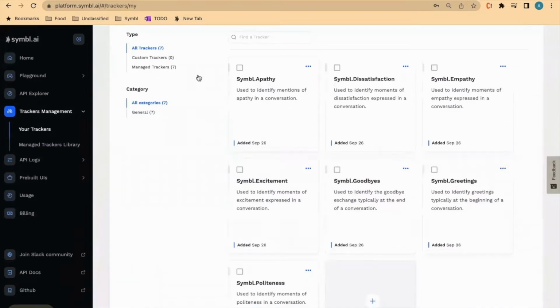As you can see, you can have two types of trackers, custom trackers and managed trackers. As the name suggests, custom trackers are the trackers that you build yourself from scratch. And managed trackers are the trackers managed by Symbl and provided out of the box. We will focus on managed trackers in this video as that is the best way to get started with trackers. Also, you'll see the trackers are divided into categories. For now, there is only one general category that Symbl has provided trackers for. Beyond these 7 trackers that you see here, you can always find more managed trackers in the managed trackers library,